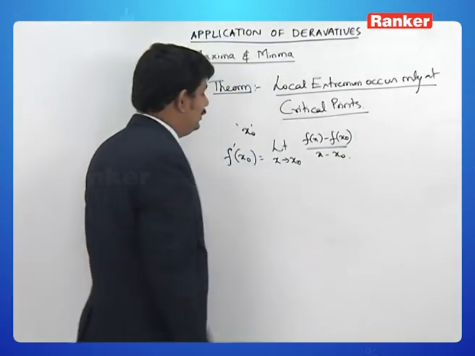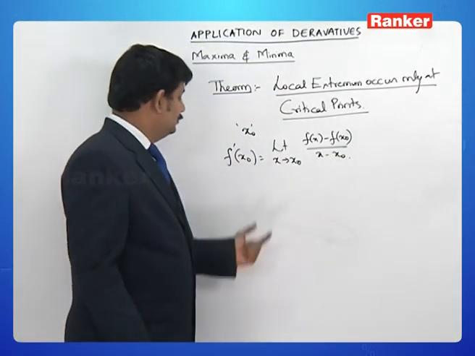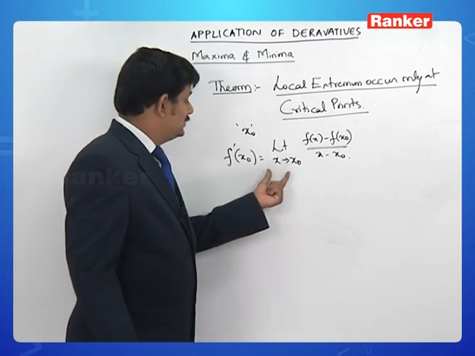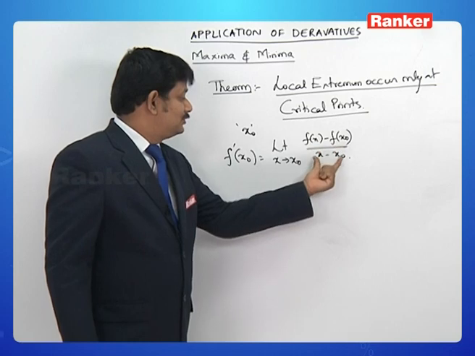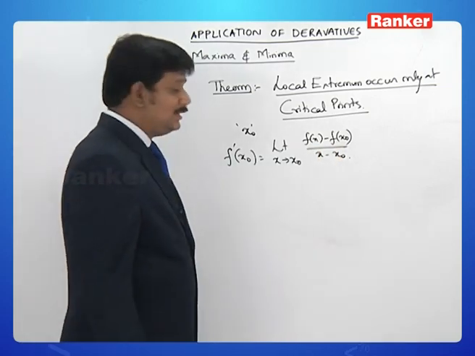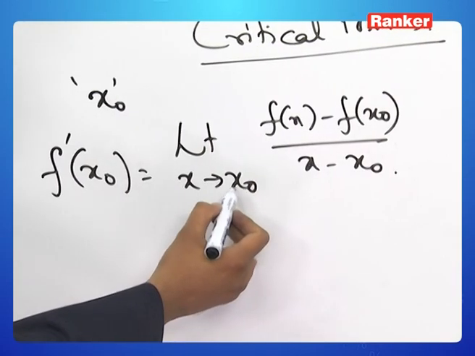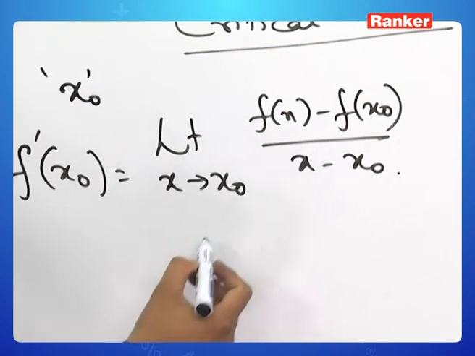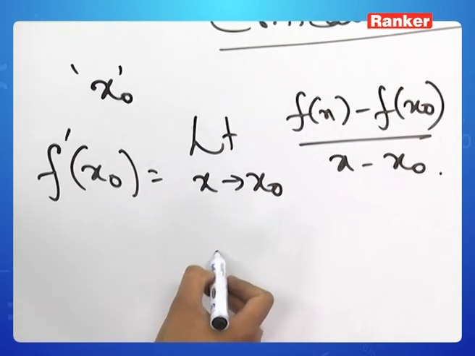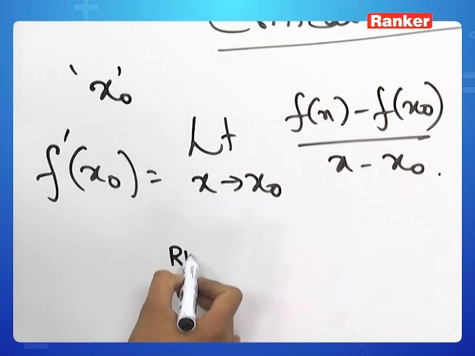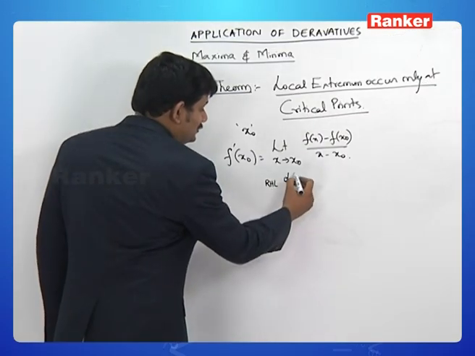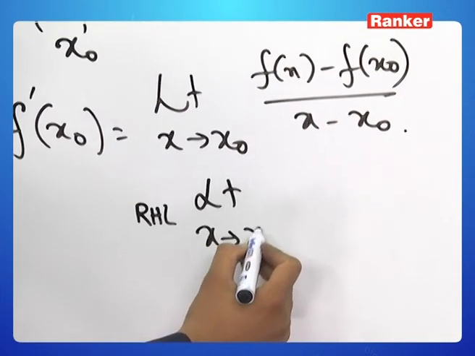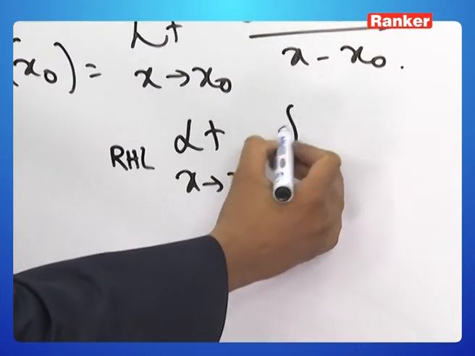From the chapter of limits, continuity and differentiability, we know the derivative at x naught is given by limit x tending to x naught of f of x minus f of x naught divided by x minus x naught. Now, as x tends to x naught, we have both a right hand limit and a left hand limit. When we are evaluating the right hand limit, which is limit x tending to x naught plus